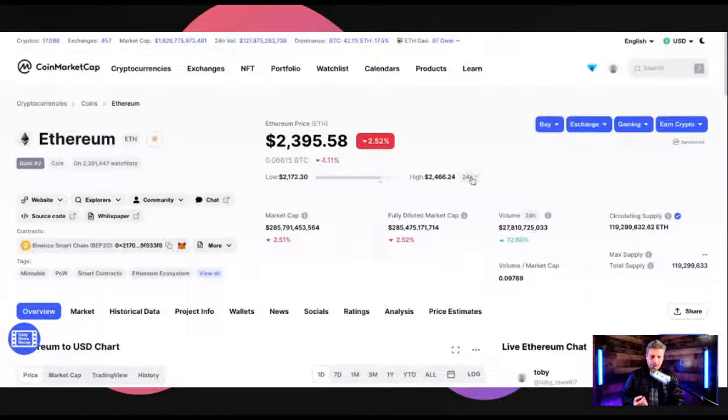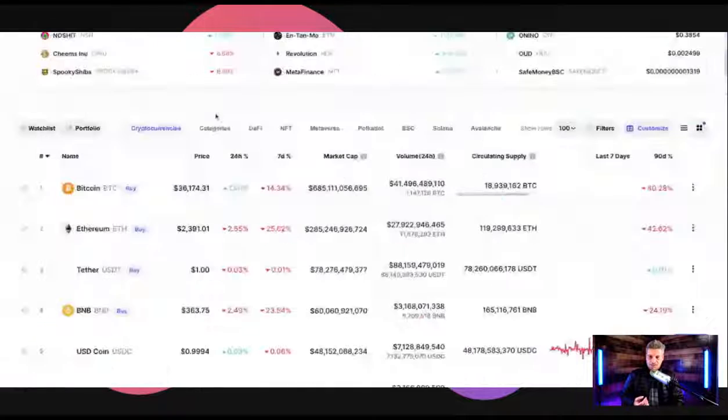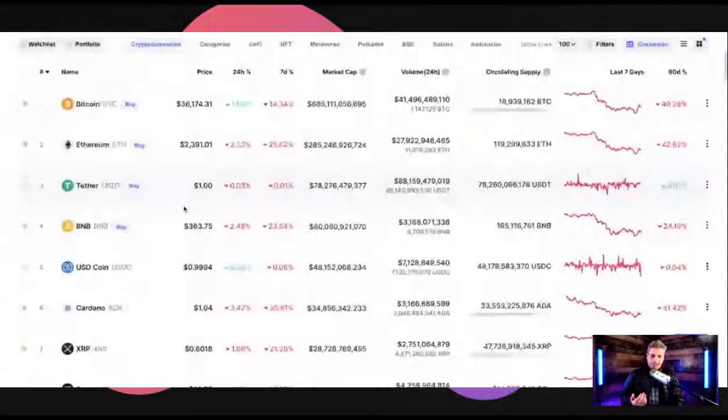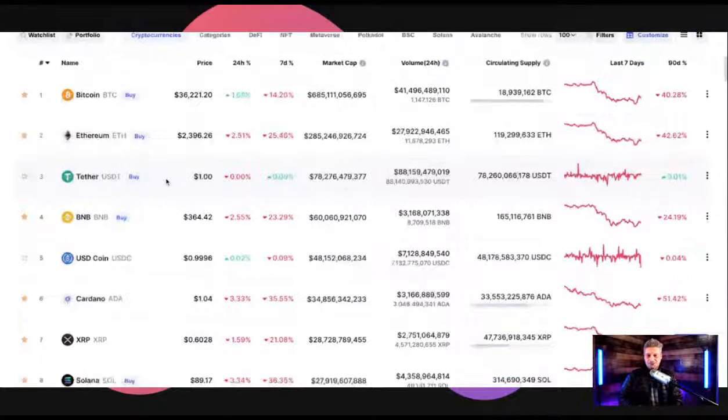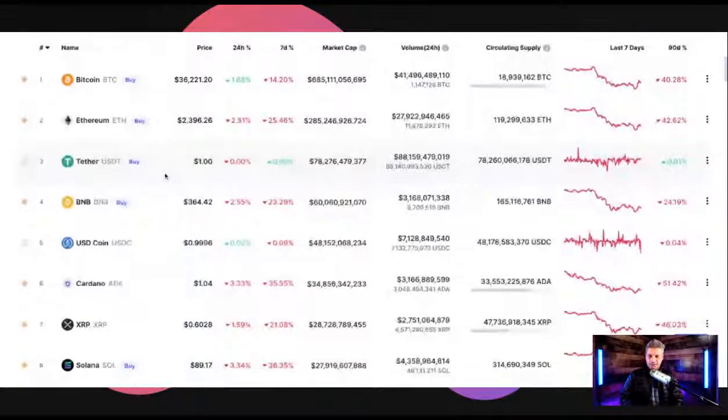And again, 24-hour, you can switch that to 1 month or 1 year. Okay. And we've got Tether coming in at 3, which is a stable coin. We talked about that. There's good reason for that, because a lot of people are putting their money back into stable coins right now when the market is questionable, to be ready to deploy that dry powder back into their positions when they feel ready.